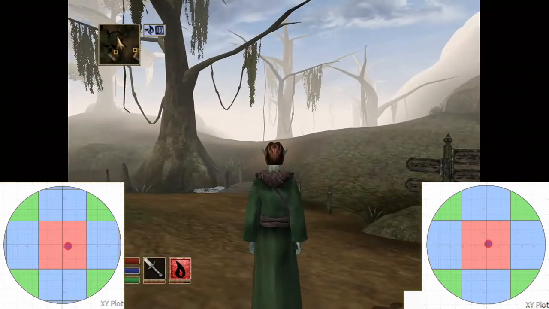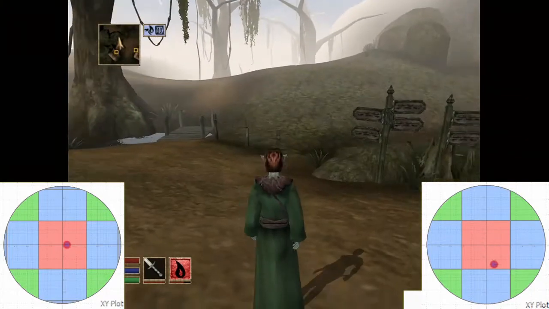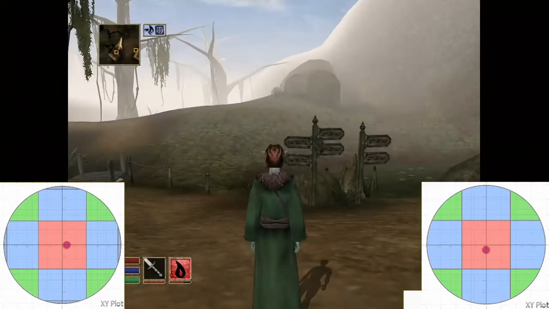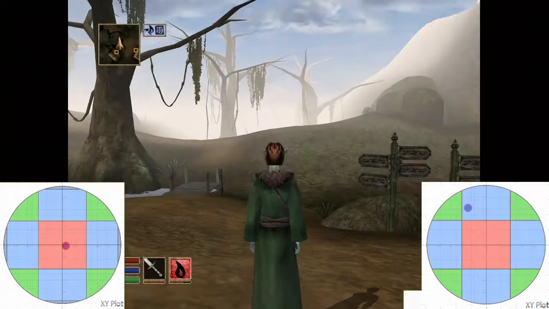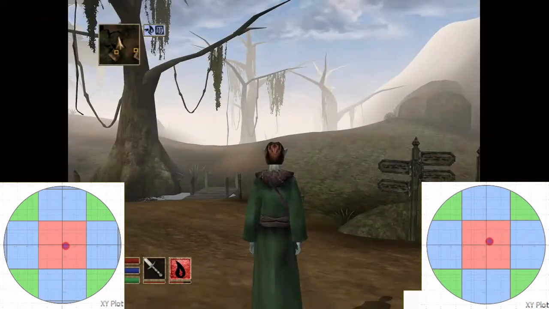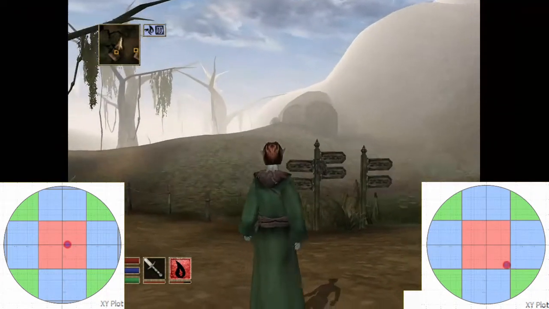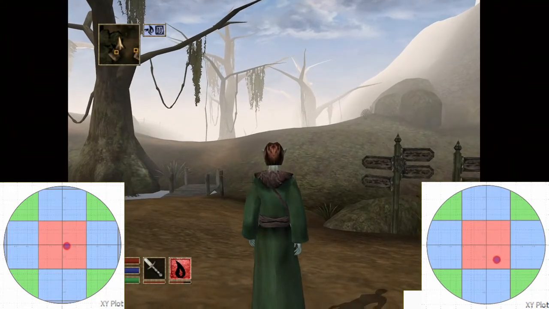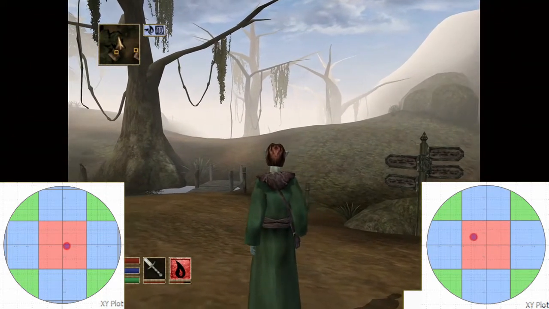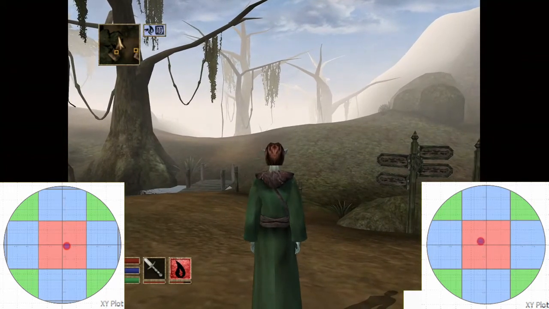Otherwise, the aiming, the acceleration itself is fine. There's no turn acceleration, there's no aim smoothing, and you do have options for vertical and horizontal sensitivity. So the acceleration feels fine. You can actually see an issue that I'll bring up in just a bit. But moving on to the movement,